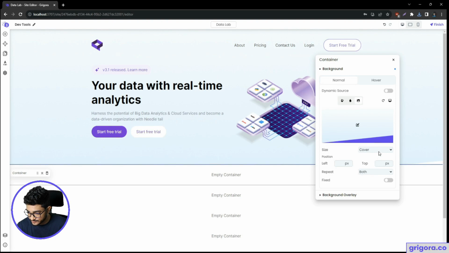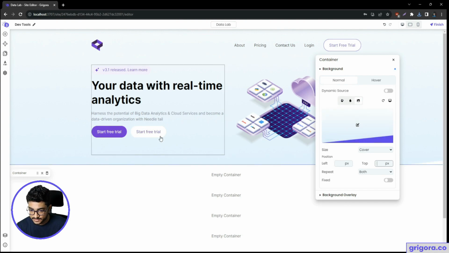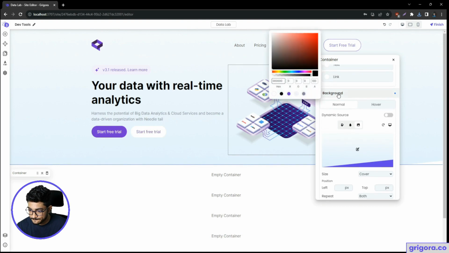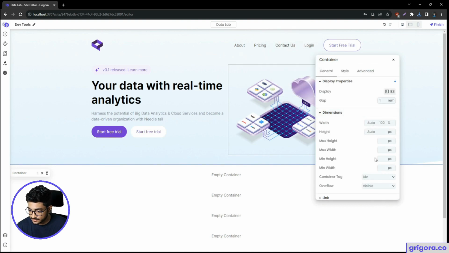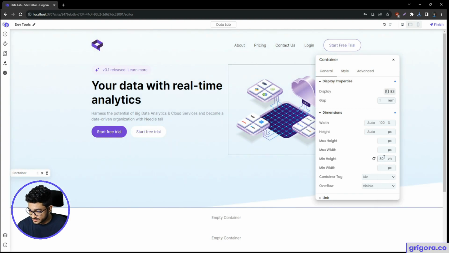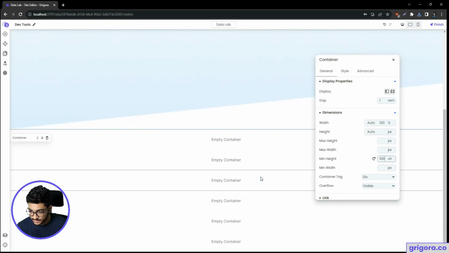So what you can do is add a top value here, or otherwise increase this hero section's height to 80 VH, maybe a minimum height of 80 VH. VH stands for viewport height, which means it is 80% of your screen's height. Okay, even at 80% I don't see it being corrected, so I'll just increase this to 100, and yeah,